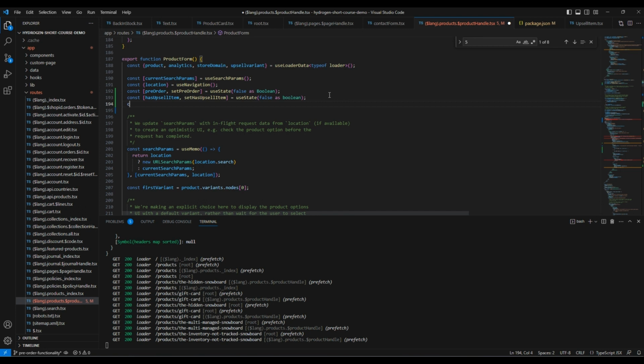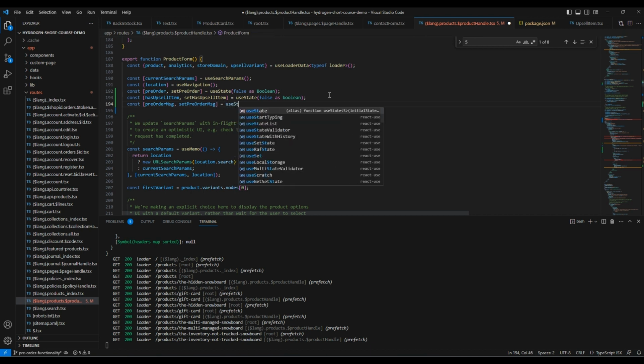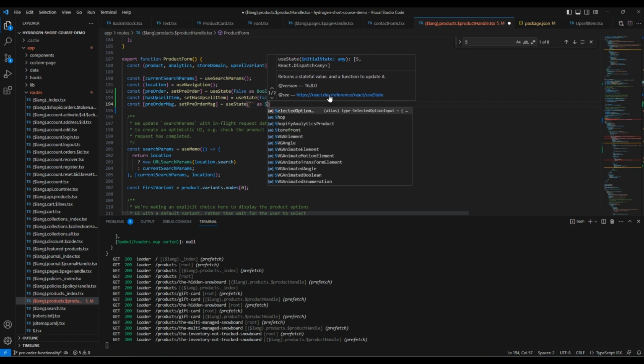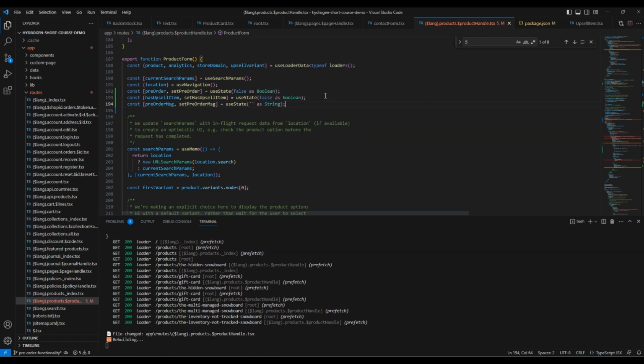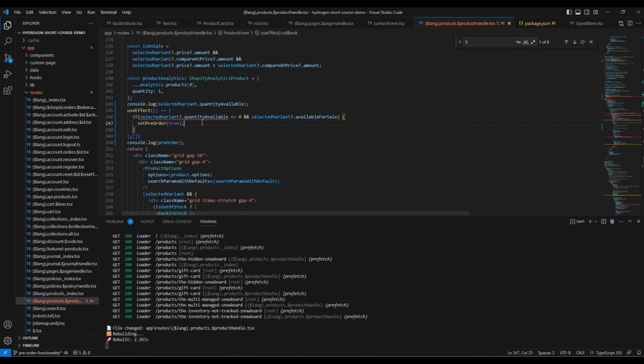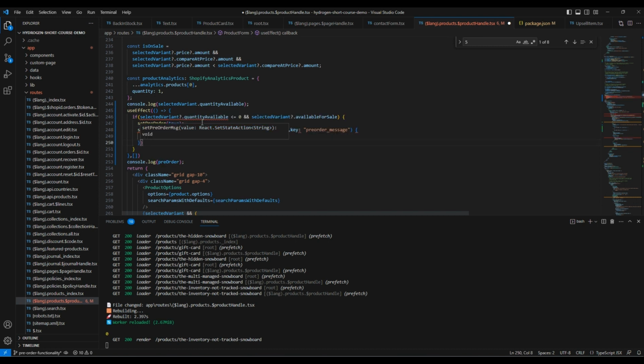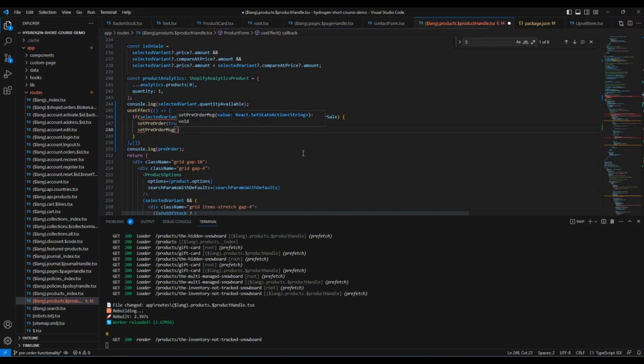So here we're going to add a constant preOrderMessage, setPreOrderMessage is equal to useState, then say string as a string. Go back down to that. Here I'm gonna set that as a pre-order, then oh sorry, come on, I think this is not